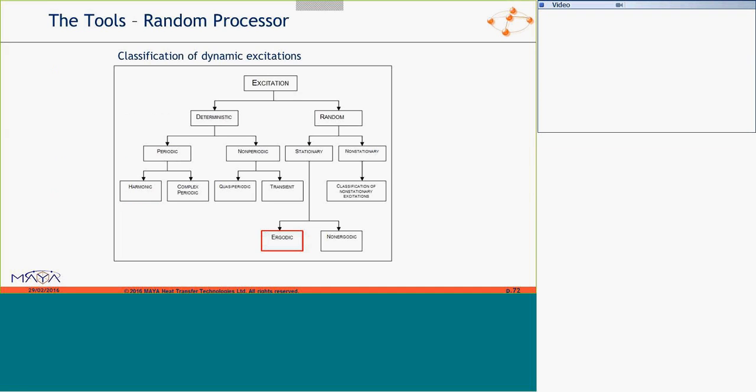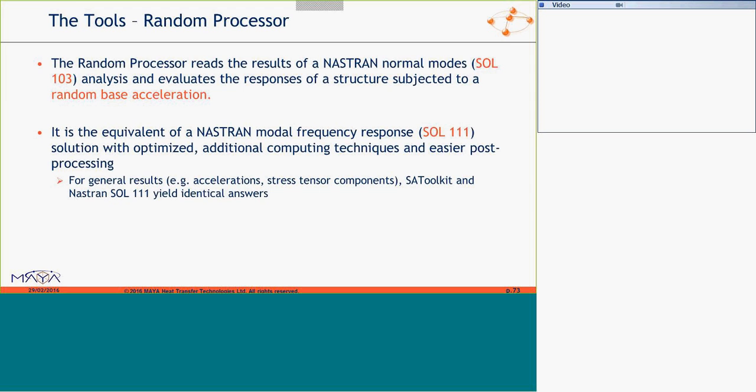Our chart of dynamic excitation: we're moving from deterministic to non-deterministic, if you will. Random, what we call a random stationary process. So the statistical properties don't change with time, and we'll look at what that means in a few slides.